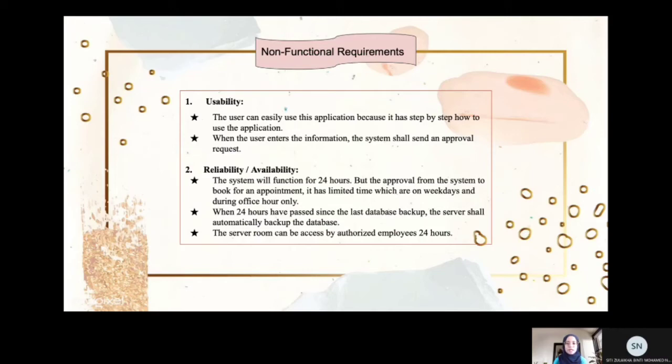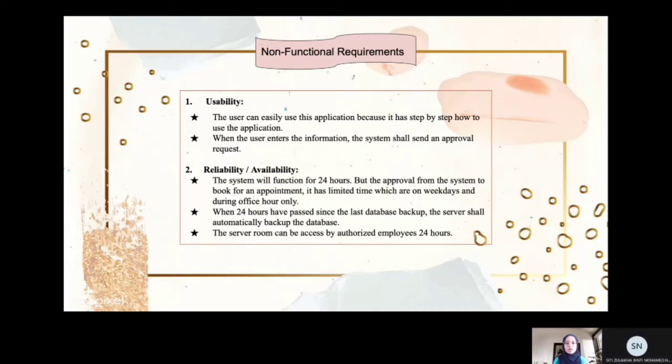But for the other requirements, for example, if you want to know the steps on how to book an appointment, or health information, or look for the nearby hospital, it is available 24 hours.